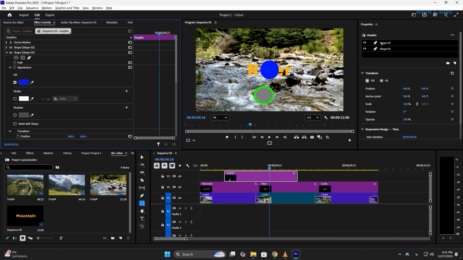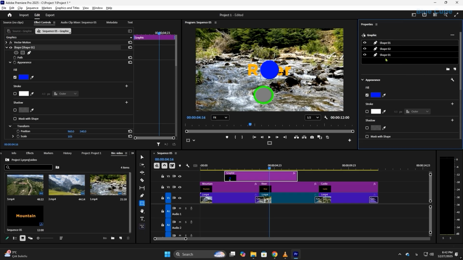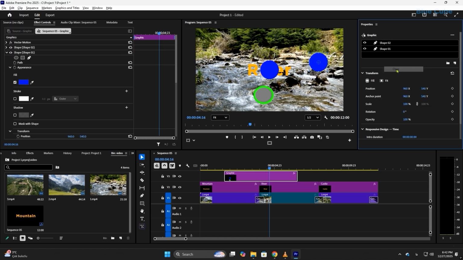You can also select any shape and use the duplicate option to create a copy of it. If I switch to the selection tool, you'll see that a duplicate is created. If I right-click again, this time I can choose Clear to remove that shape. You can also copy an entire shape layer,